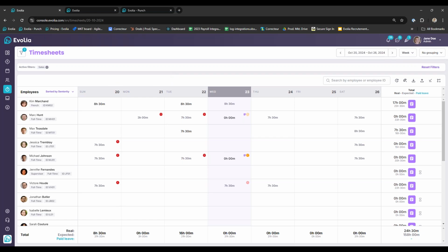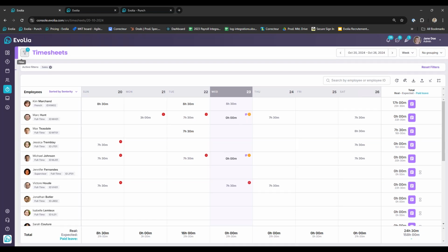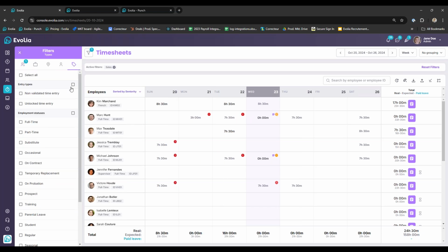But as you're seeing here, the timesheets will be the final screen to show you all your time entries will exist in this tab here. So you can see the different kind of statuses. Once again, always reminding you the different kind of irregularities. The main reason I came here is to show you this filter. This filter,